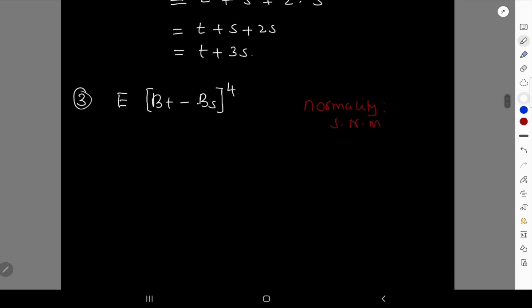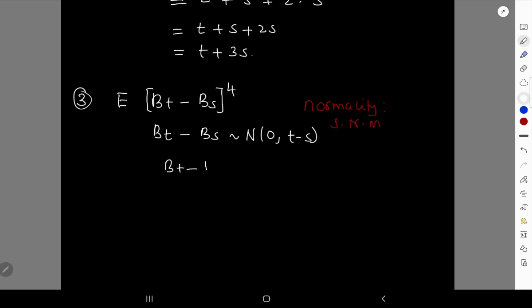We know that the increment B_T minus B_S is normal with mean 0 and variance T minus S. So we can make this increment standard normal by writing it as